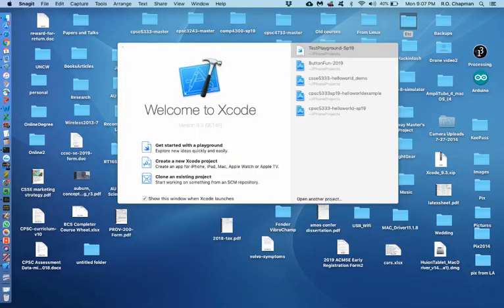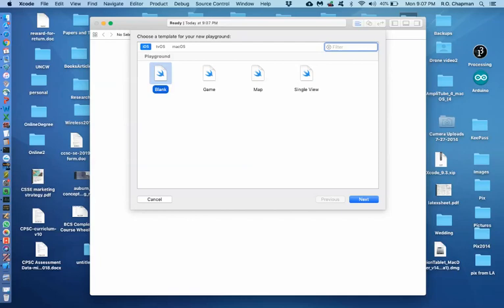So here's the splash screen for Xcode, and instead of creating a new Xcode project, we're going to get started with a playground. We get a wizard to create a playground, and we get a choice of what kind of playground we want: iOS, tvOS, or macOS. We're going to go with iOS. What this is going to let us